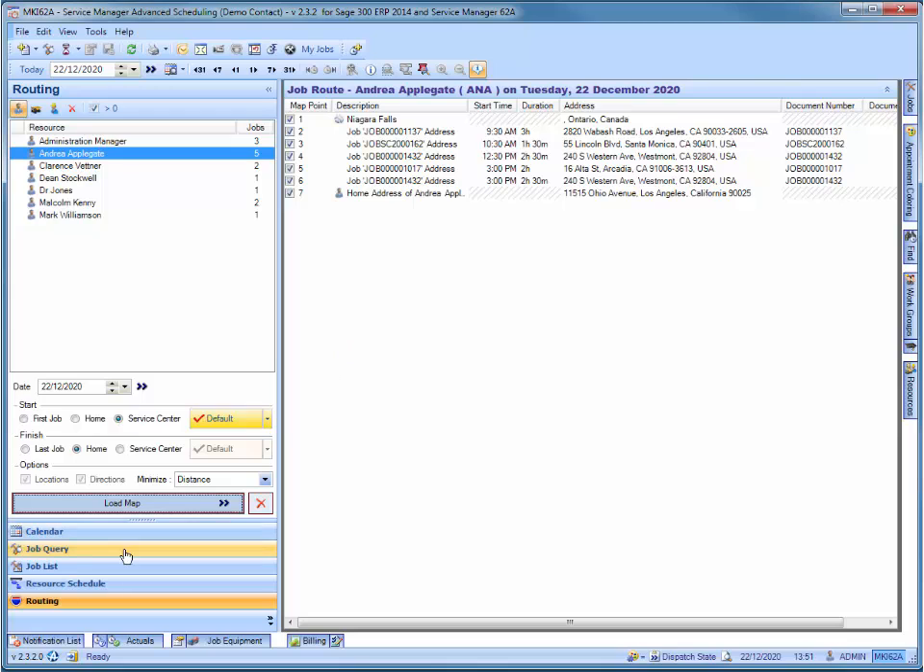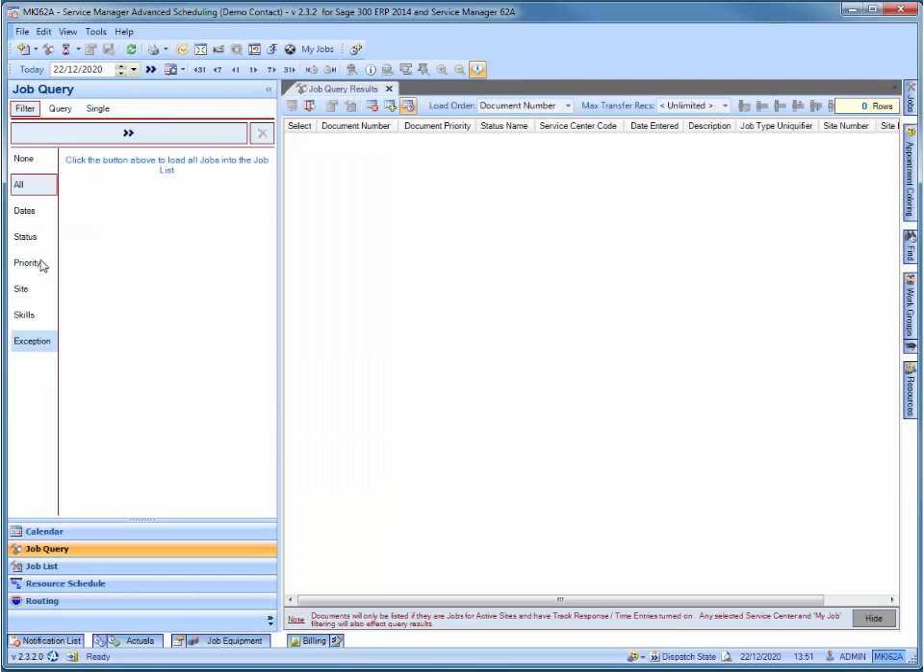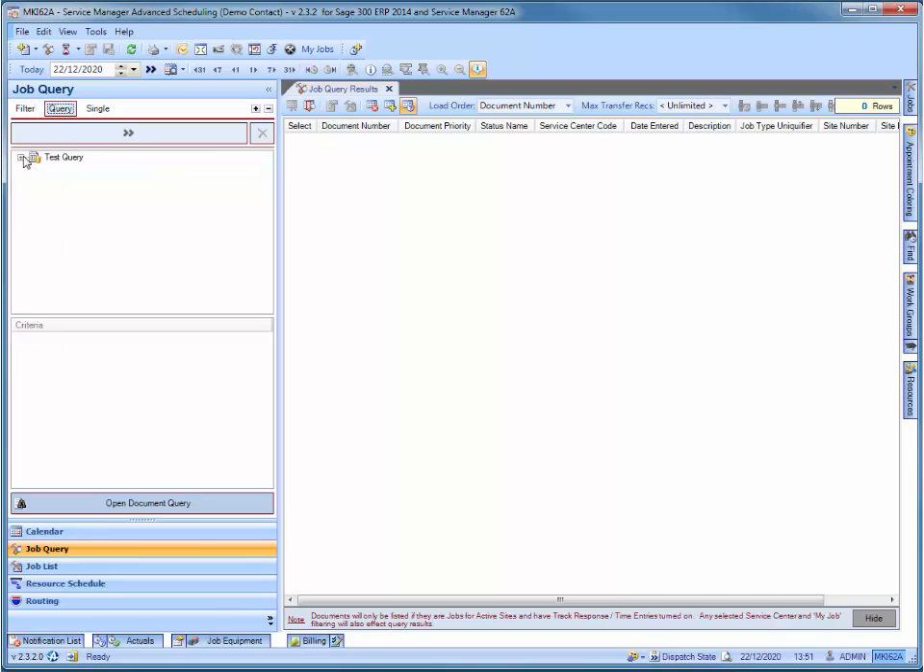The final view is Job Query. This view allows the user to list jobs based on various criteria, including dates, status, priority, skill, and exceptions. Any existing saved queries from within Service Manager's Document Query program will also be included in Advanced Scheduling's Query function. There is a shortcut to open Document Query to see or edit particulars or create a new query to run